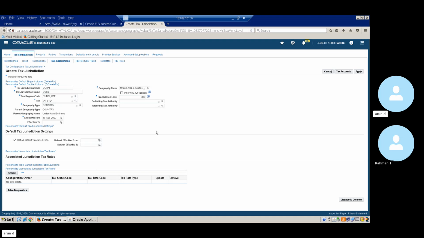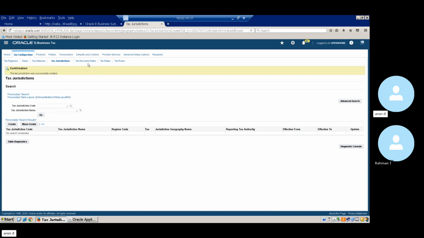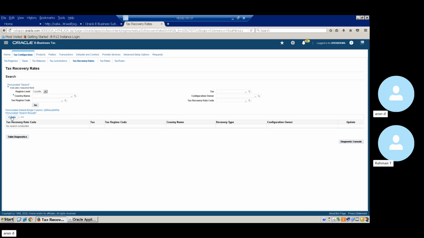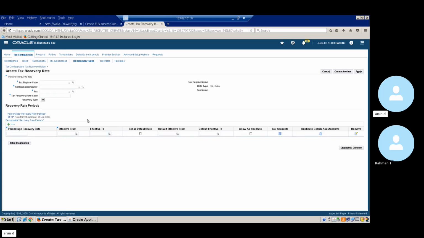So here also we can apply the tax accounts, but usually again we'll do it at the tax rates, so I'm just skipping this part. So I'll just say apply, and then I'll go to the tax recovery rate first, because while we create the tax rate we'll have to attach the recovery rate. Okay, so first thing is regime,